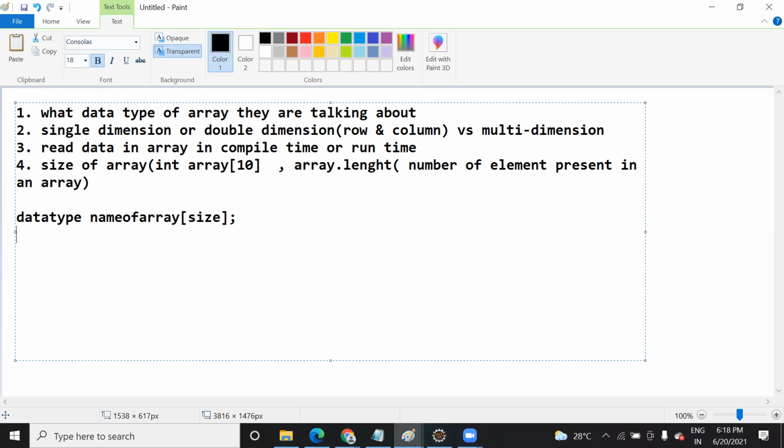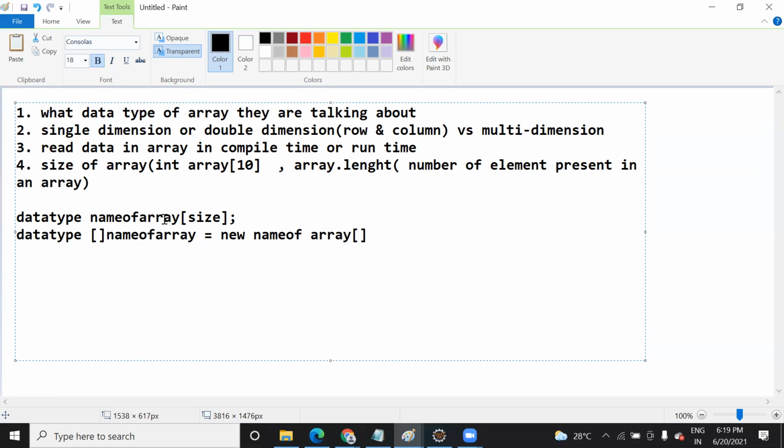This is the first way. Second, you can declare it like this also: data type, square brackets, name of the array, equal to new keyword, then the data type and the size.